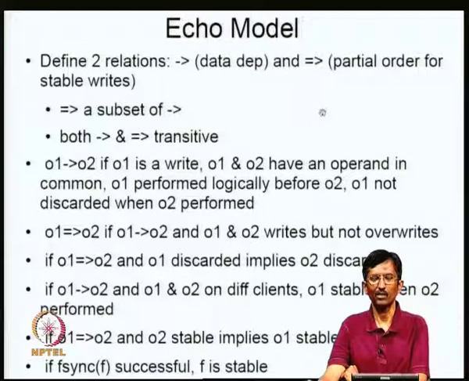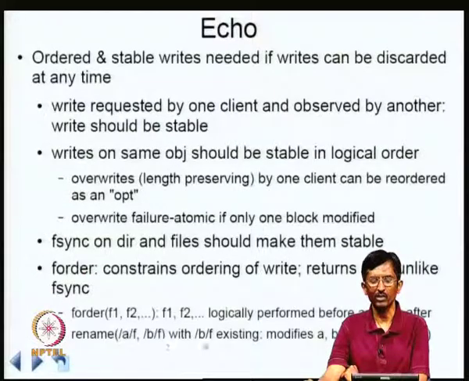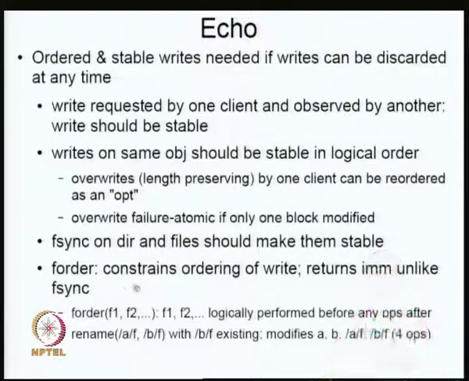Okay. And using this, you can come up with models for things like the following. For example, when we talk about rename, etc., we can actually sit and work out exactly what the high level application has to specify, and that can be used to ensure that this really happens. Unfortunately, forder is not really part of the current API in POSIX. So, what you have to do is to use fsync as a way to order things. So, this turns out to be far more costly.